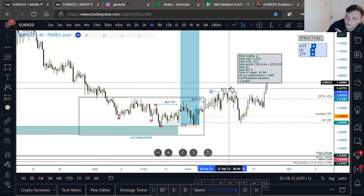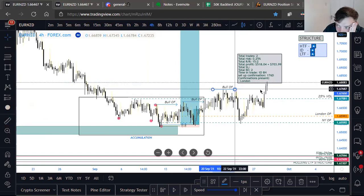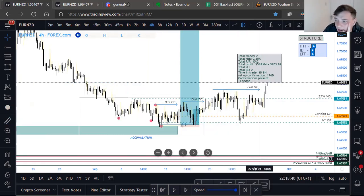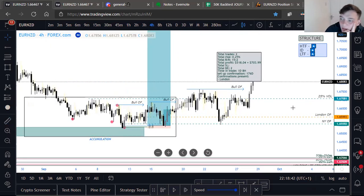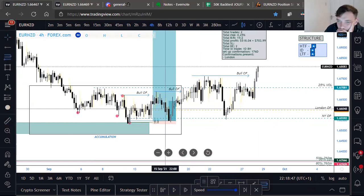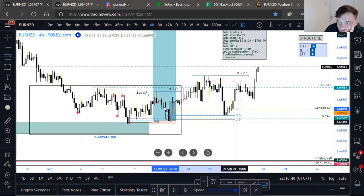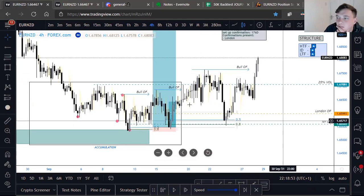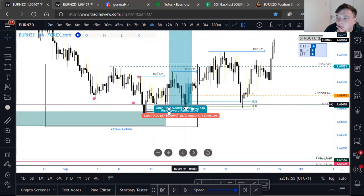Mitigated from that candle that we entered in, didn't they? Oh yeah, it came back into this. Mitigated from that candle. Yeah, so we mitigated from that candle. I bet you it came down to 80%. There you go. So that could have been your other entry. And if you look at this, this was